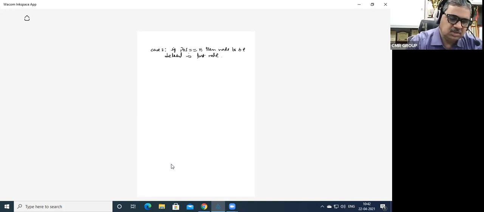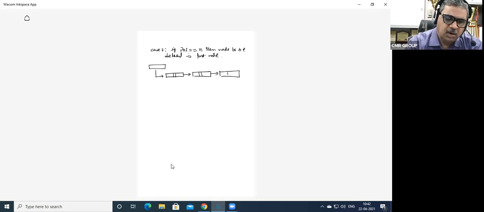So the logic is going to be different. This is the start node, this is the first node, this is the second node, for example, and this is the third node. We want this node to be deleted. This third node is the last node.